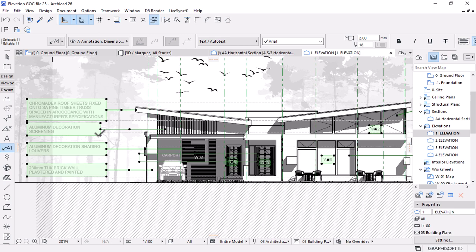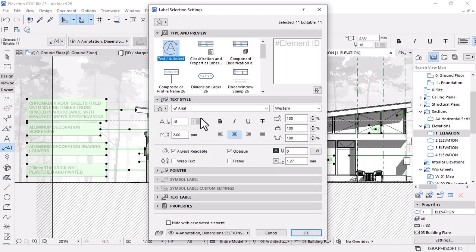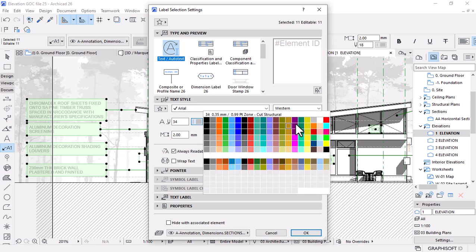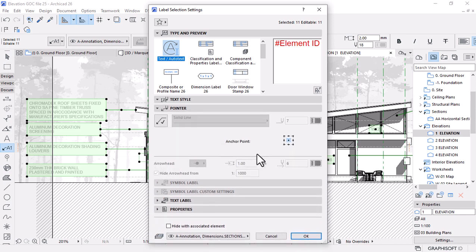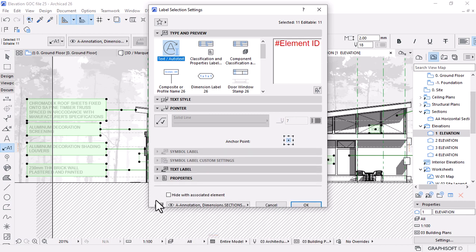Once you have them selected, you can come here under settings of the label, and what I want is to start with the text pen. I'm going to set the text pen to color 20, which is a red color, and then I'll go down here under pointer. Let's do the same. Under pointer, we don't have the pointer active, so I'll go down here under